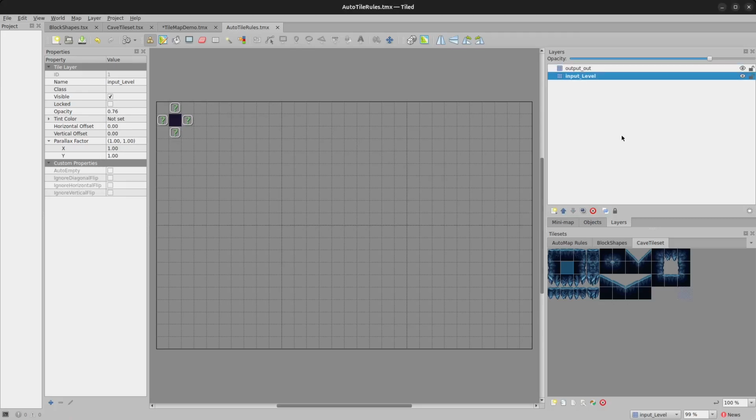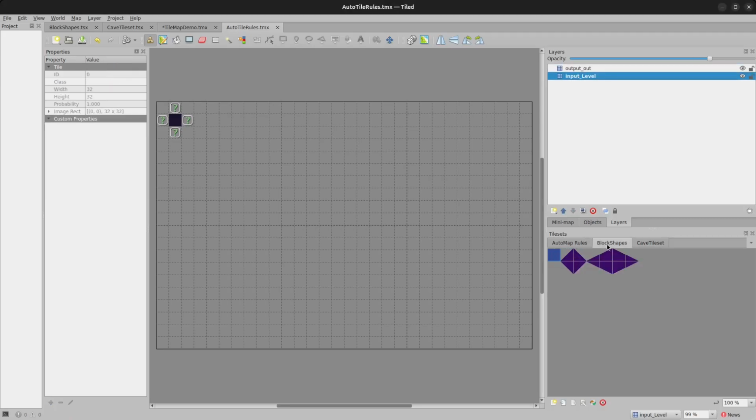So click on the input layer and go to the block shapes. For most things, except for the slopes, we're going to use the block here. So let's put this guy in here. We need one for up, down, left, and right. Then go to Automap rules and select the empty. So if a tile is empty above and the tile below exists,